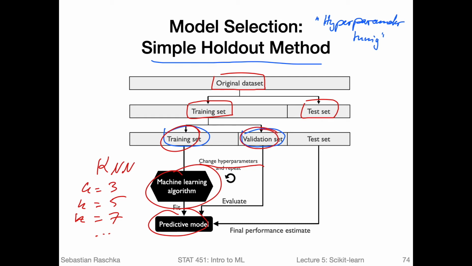And then based on the best validation set performance, we pick that model and use the test set to evaluate that model. Because if we do hyperparameter tuning, we reuse the training set multiple times and we use the same validation set multiple times. So it's not an independent set. The validation set is not independent because we reuse it over and over again. So it can be a little bit over optimistic. So if we get an accuracy of, let's say, 80% on the training set, we often find that the validation set performance will be lower. Let's say it will be 73% prediction accuracy. And that is just because of overfitting.